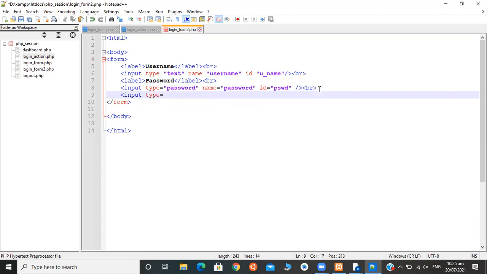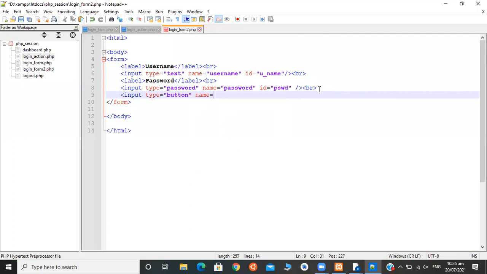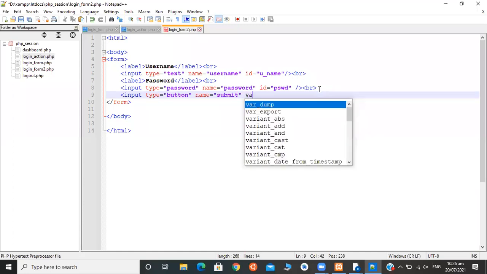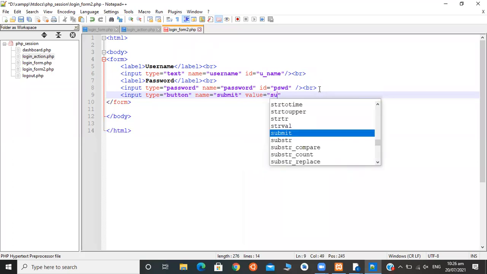Type equals to button. Give the name submit. Value is another attribute in button. You can give its value submit.